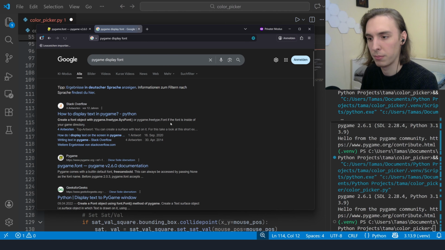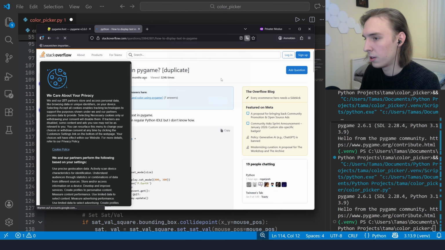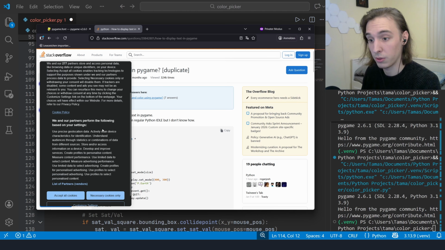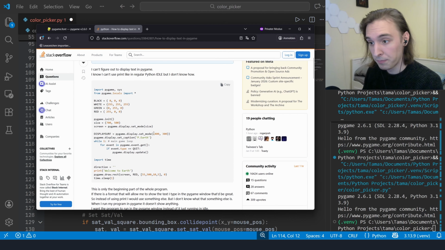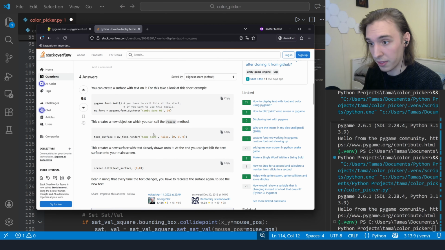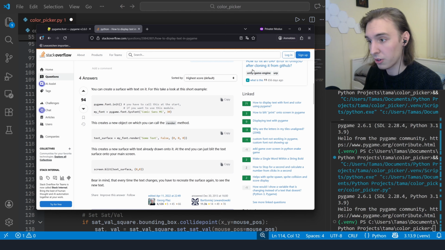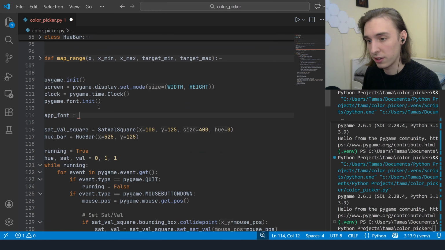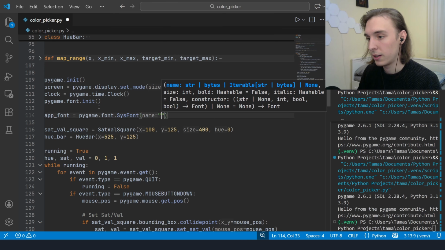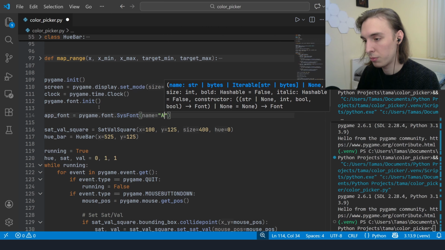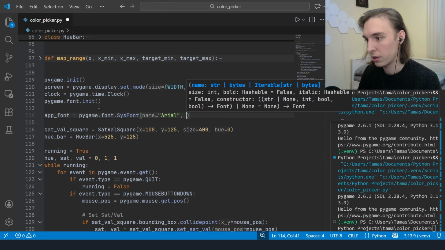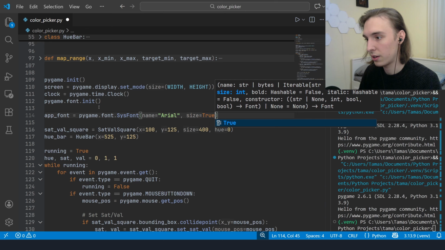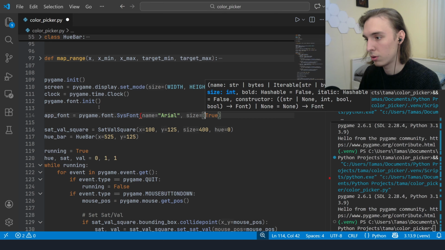Let's just look up that. Okay, there it is. Pygame.font. Oh, so it actually was the sys font. Okay, so I did actually have it right. So font.sys font. And now we could input, let's do Arial